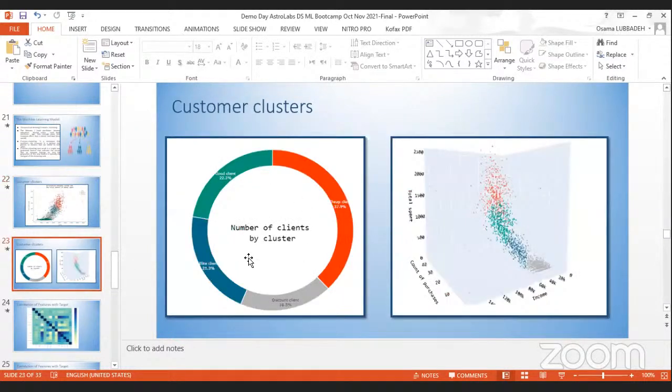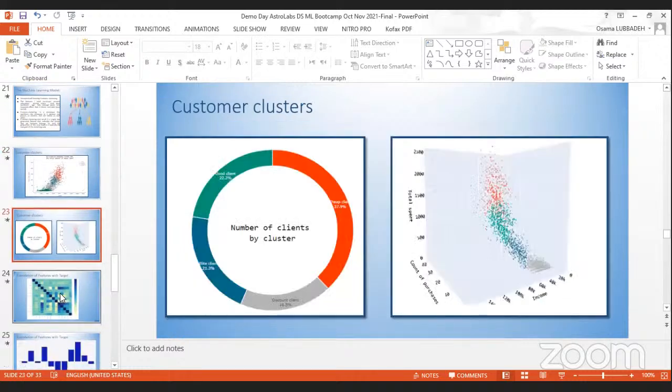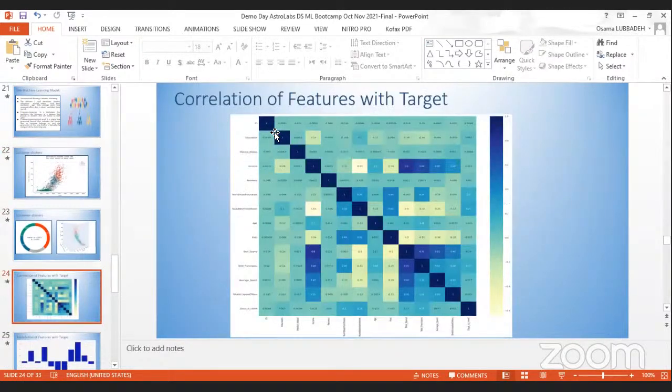Here you can see also another graph that shows the number of customers. This is in the code. Once you hover, you can see the count. The same scatter plot I did in 3D, which is similar to the 2D. Here you can see also the correlation